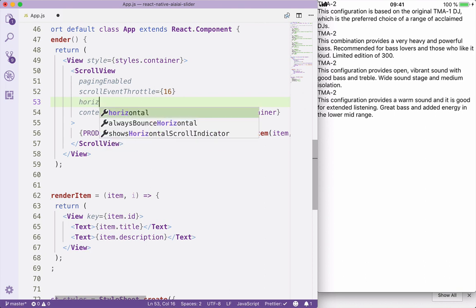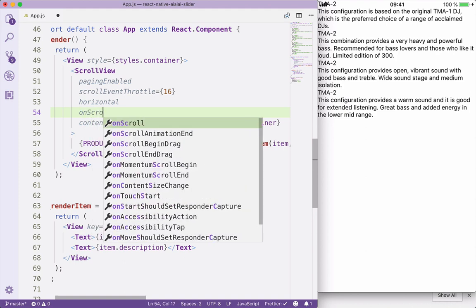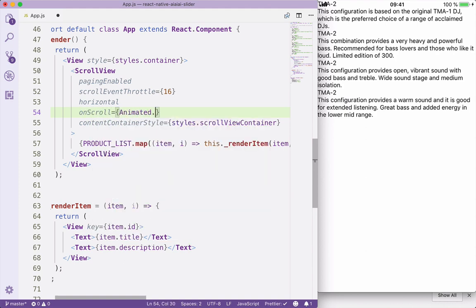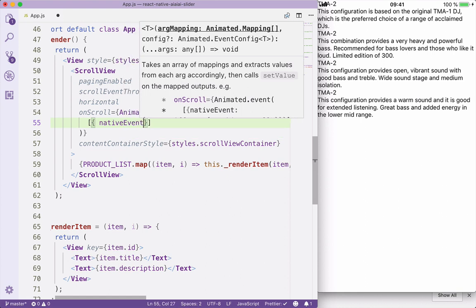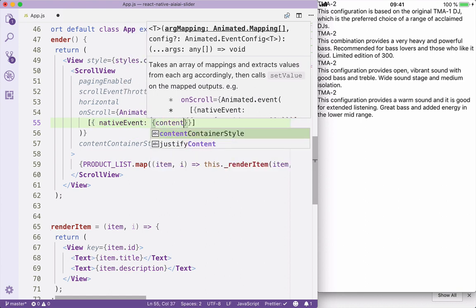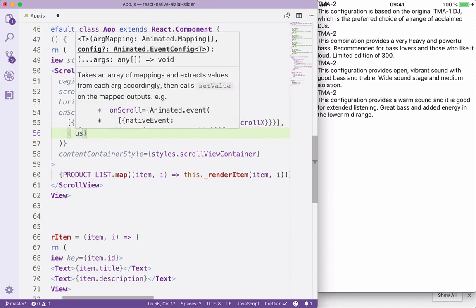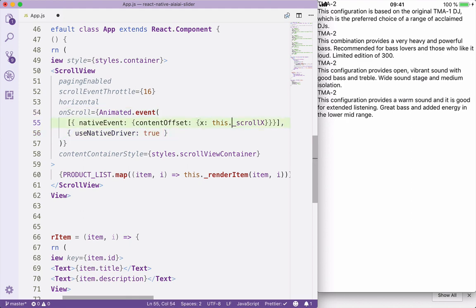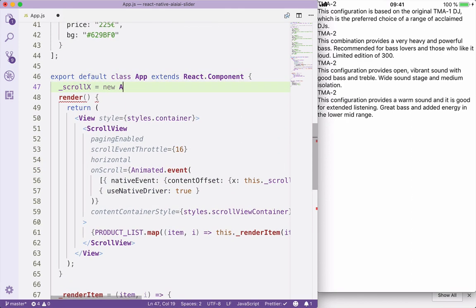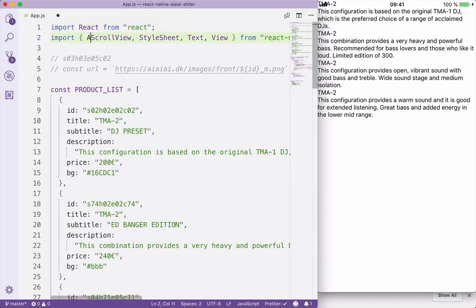We want to make it horizontal, and we also want to listen to the onScroll event, and this is going to be an animated event, and from the native event we will take from the content offset the x value and assign it into the scrollX variable and use the native driver for it. This scrollX is going to be a new animated value, and will start from 0,